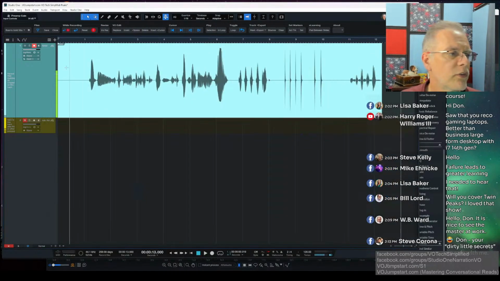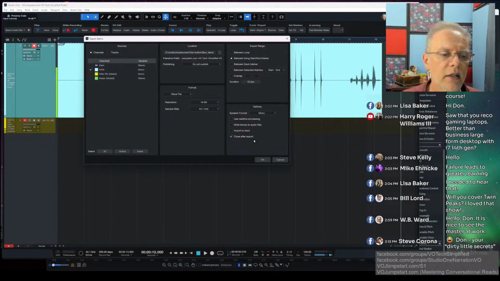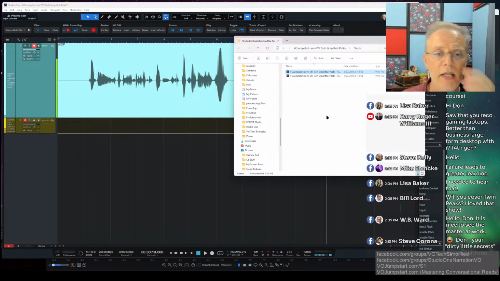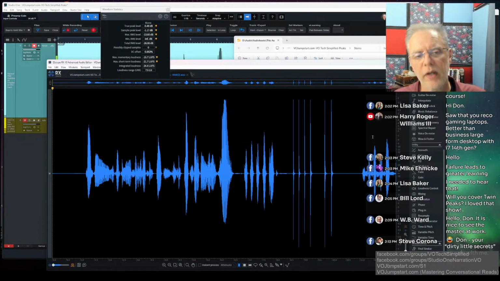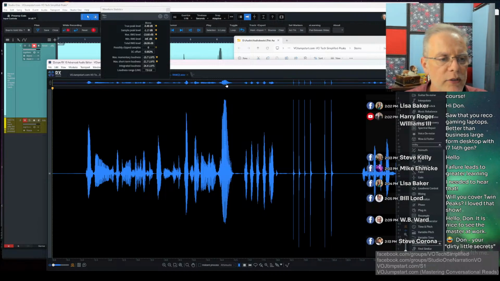This is the joy of having one of the more advanced DAWs. I just did a single click down here, and I'm going to now export that same thing, and it will give me the second copy of this. There it is. Double click. It opens here. There's the original. I just turned off my processing so that it wouldn't matter. And what you can see is right here. Look at this thing. This is a peak.